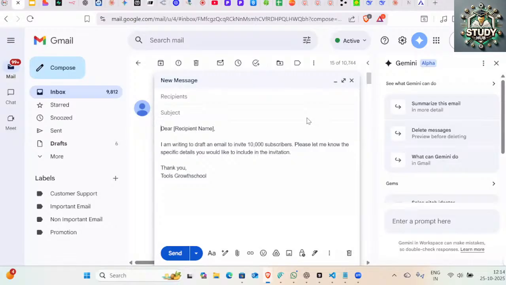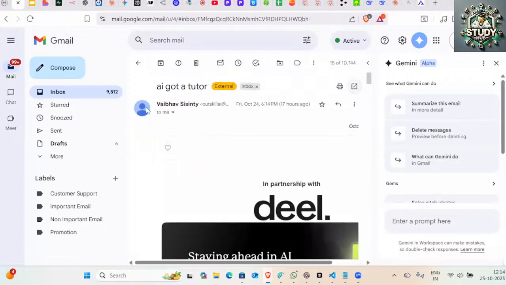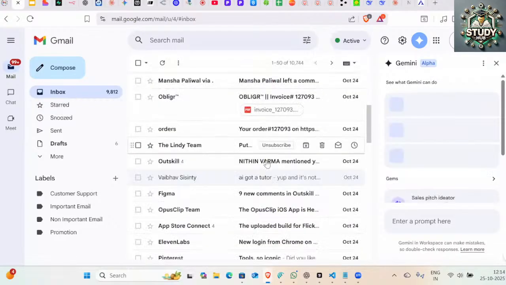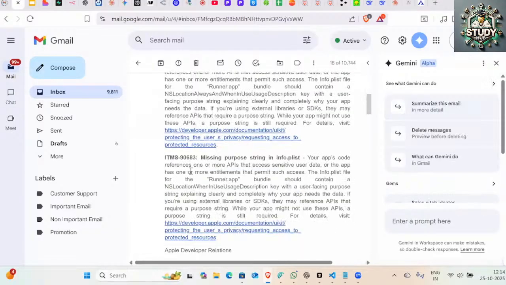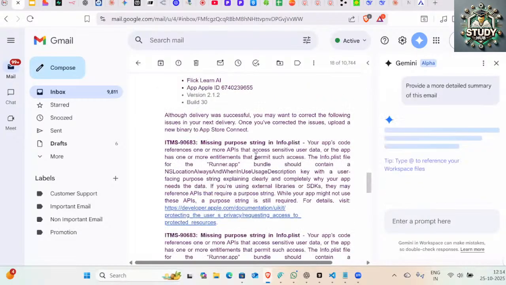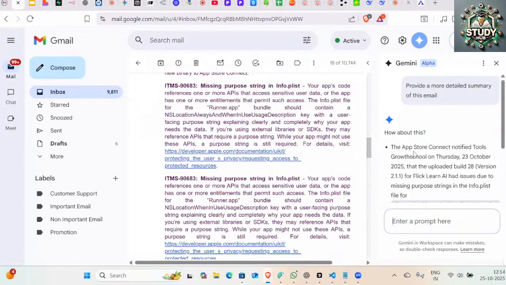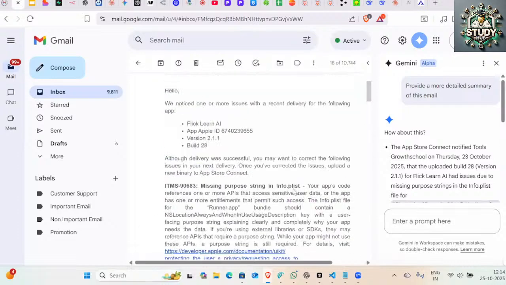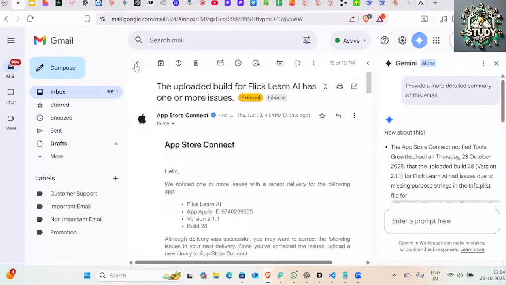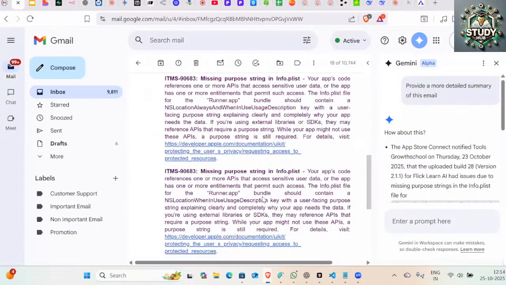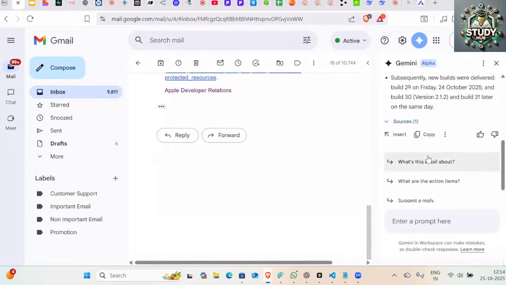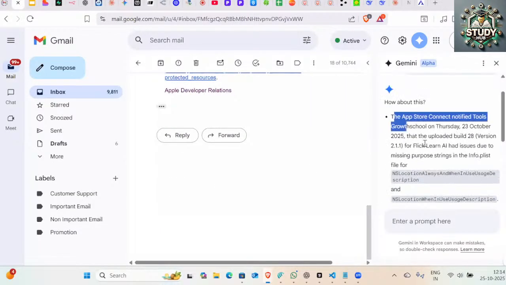If you have already enabled it within the Google Gmail suite itself, you can get this done. This is one of the main features where you can draft. Plus, what I like about it is I can summarize an entire long thread of emails also. Let's say I want to summarize this email. If 10, 20 emails got exchanged, right now it is four emails that I have got from this particular Apple Store. I get a quick summary of what happened.